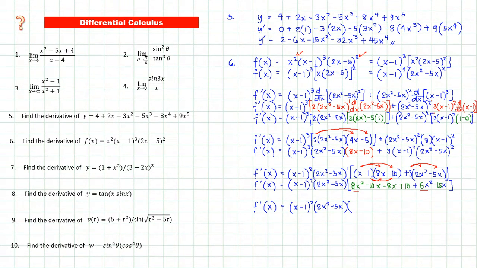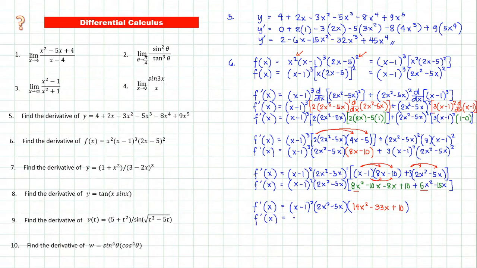Yan. So ngayon, pagsamahin ko na yung ating mga similar terms. So yung ating similar terms, 8 and 6, we have 14x squared. Tapos sa x side naman, we have minus 10 and minus 8. So we have and minus 15. So that will be minus 33x. Tapos sa unit side, we have plus 10. So, yan. Hindi naman na ma-factor out yan, kasi 14 na to, 33 and 10. Ang pwede lang natin ulisin dito yung x. So, yung ating final answer will be